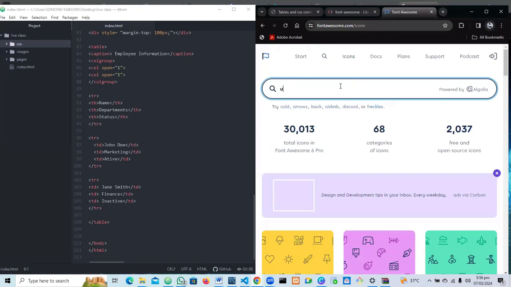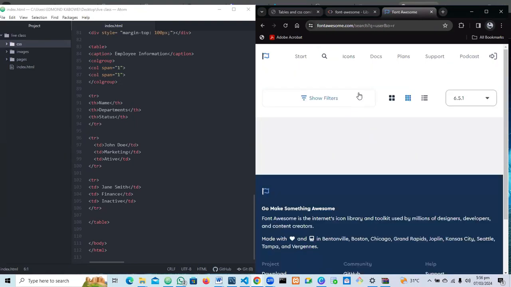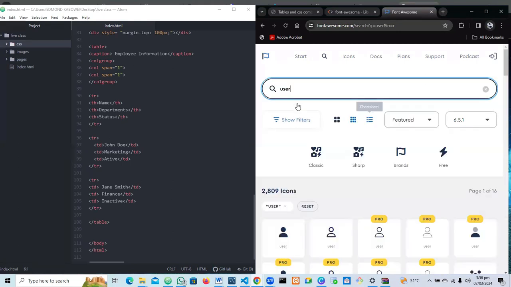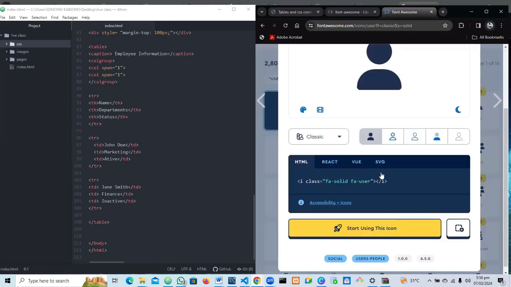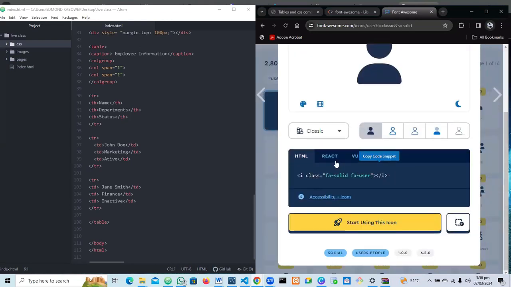I'm going to type user and wait for it to load. Okay, since I'm using the free version, I want one that is free. So I select the user, and then you get the codes you need. You also want to check if it's the HTML code or if it's for React or SVGs. So what I want here is the HTML. So all I do is click on this space, and the codes are